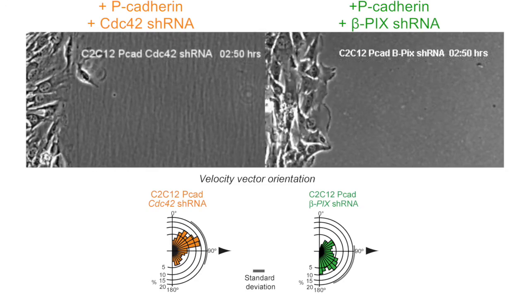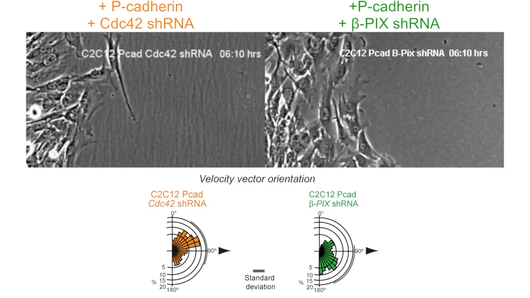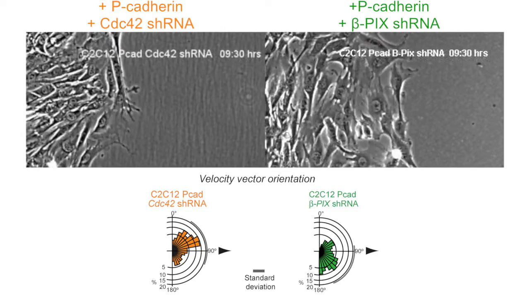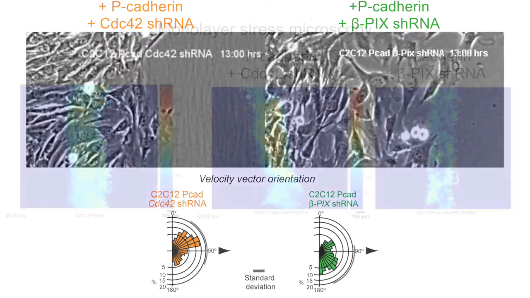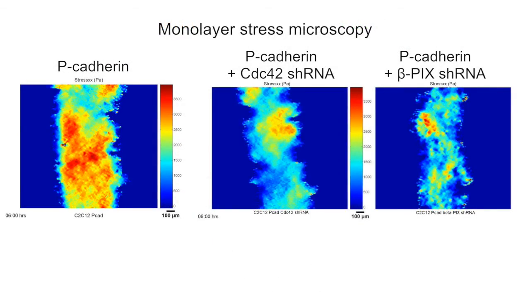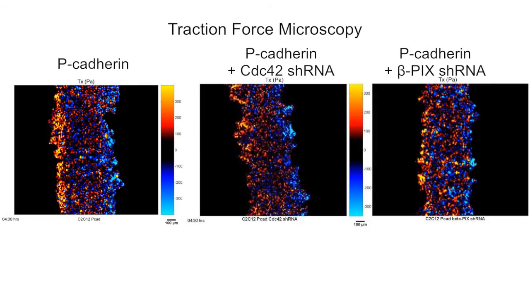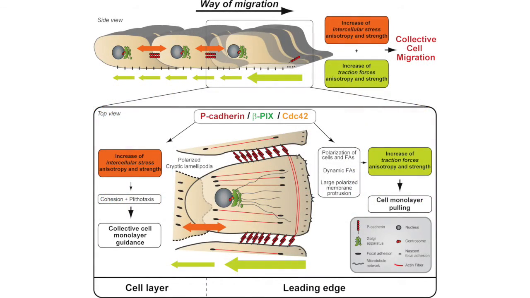Furthermore, knocking down beta-PIX or Cdc42 inhibited P-cadherin-induced collective cell migration, reducing, for example, cell persistence and polarization, and impairing the generation and orientation of both intercellular and cell substrate traction forces. So in conclusion, we demonstrated that P-cadherin, which is a protein that is upregulated in invasive carcinoma and sarcoma, promotes collective cell migration through an increase in strength and anisotropy of mechanical forces. And also we identified the P-cadherin beta-PIX Cdc42 axis as involved in the induction of these mechanical forces and generation